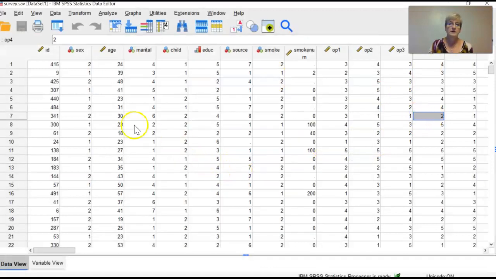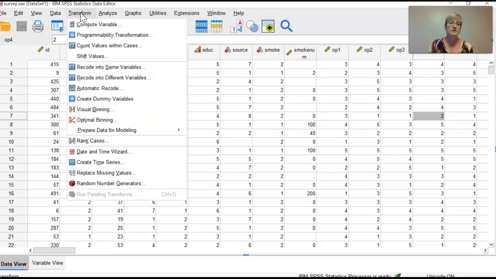Okay, so I've got my survey.save here, and if I want to do recoding, Transform is the place in SPSS where you do computing new variables, recoding variables, selecting variables, and so on. So I'm going to go to Transform, and if I wanted to recode an item, I could go to either